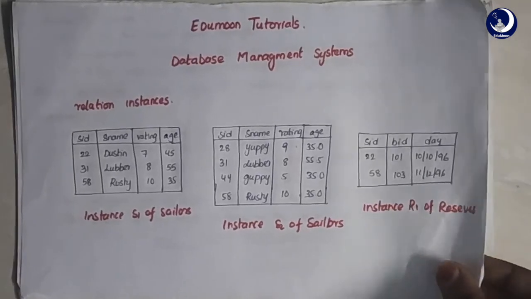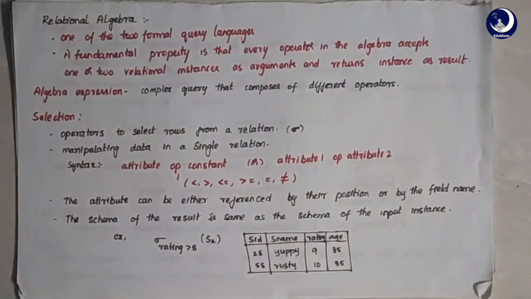So now let's see what relational algebra is. Relational algebra is one of the two formal query languages that are associated with the relational model. You know a query language is a specialized language used for writing questions that can be asked to a database. So relational algebra is one such query language of the two formal query languages that are available in the relational model. The queries in the algebra are composed using a collection of operators.